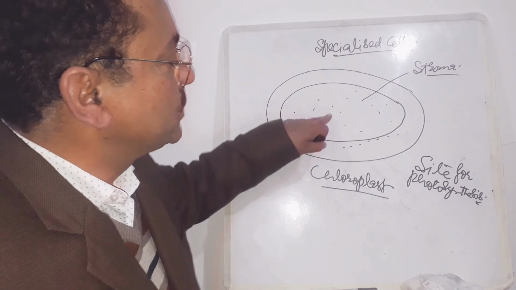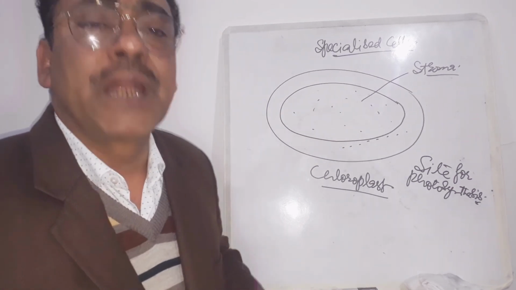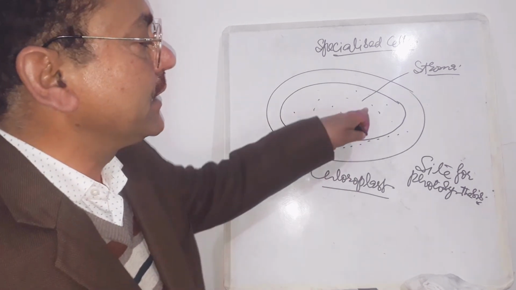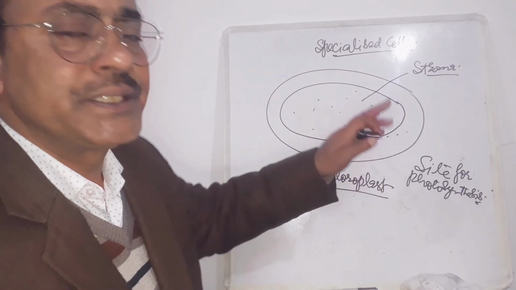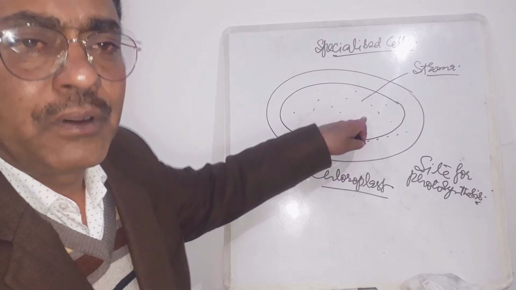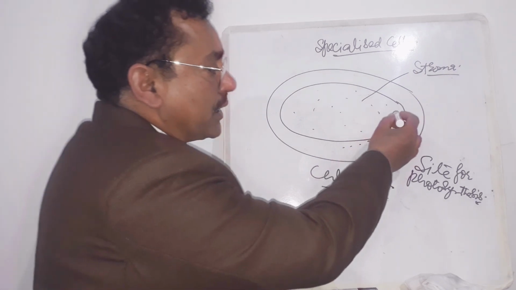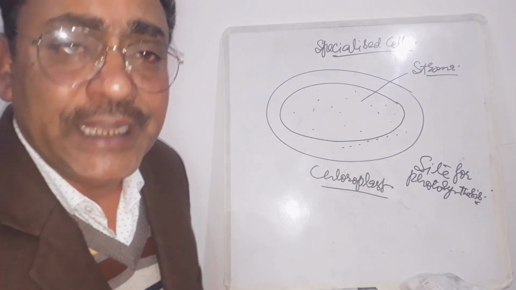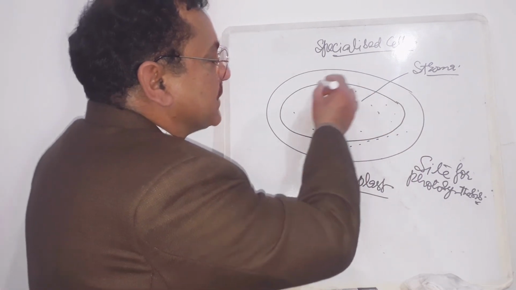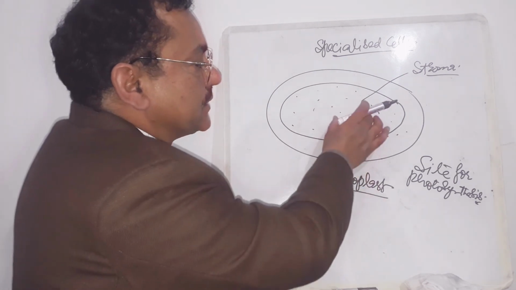And there are also rings of DNA, like plasmids, circular DNA rings, and they contain the genes. You know that chloroplast is a semi-autonomous body. That is why the plasmids, or circular DNA molecules, may also be found. The ribosomes that occur in the chloroplast stroma are 70S type ribosomes. And there are some RNA molecules also. Okay, this is the stroma.